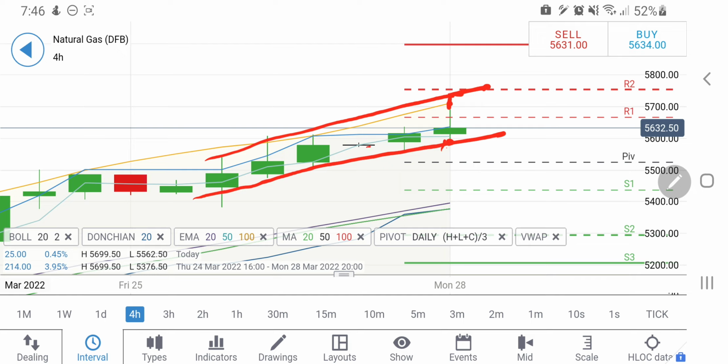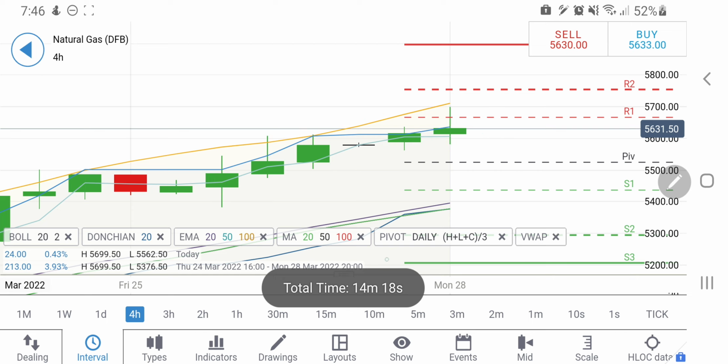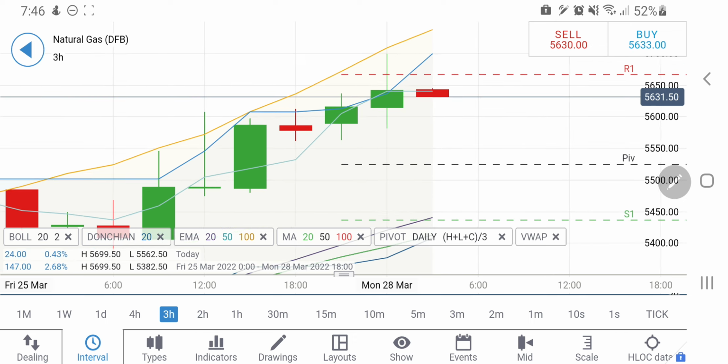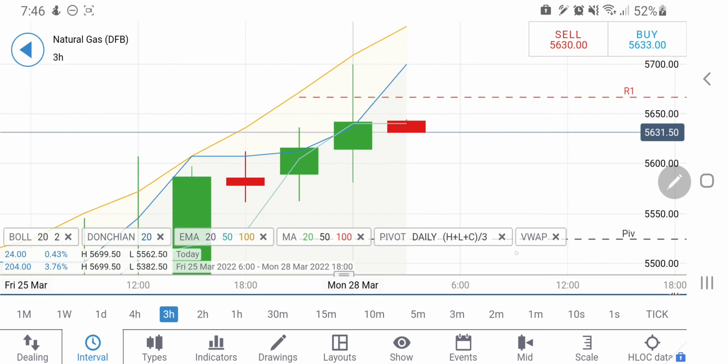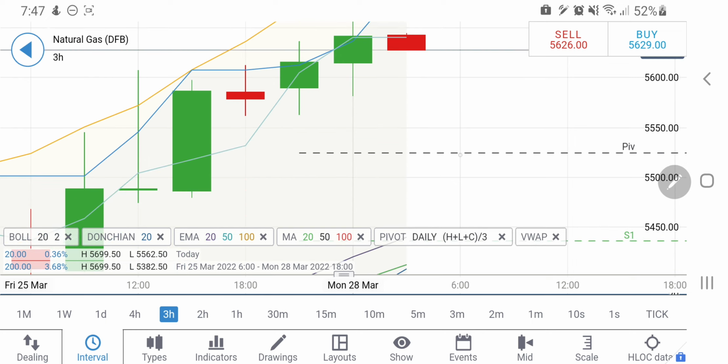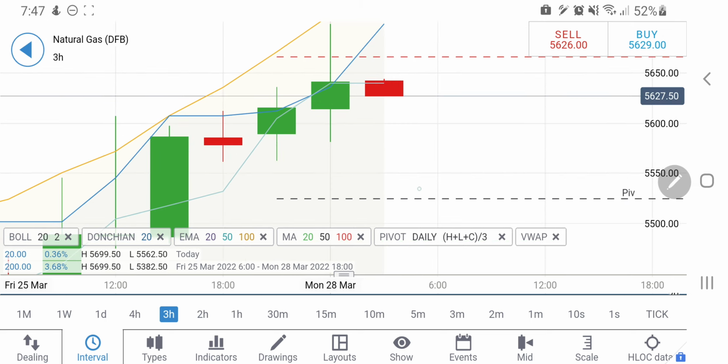Yes, if it breaks 5.5 today, and if this zone is broken specifically, yes, you can expect it to drop towards 5.4 and below levels. However, I think it may trade with a bullish bias. Those who had watched my weekly analysis must know the reason why I am saying so. On the 3-hour chart, see, there is a support at around 5.6 and 5.58 levels. If it breaks 5.58, then yes, you can expect that it is going to come towards 5.5 and then towards 5.45 levels. It can drop down till there if it continues to trade below 5.58 levels.